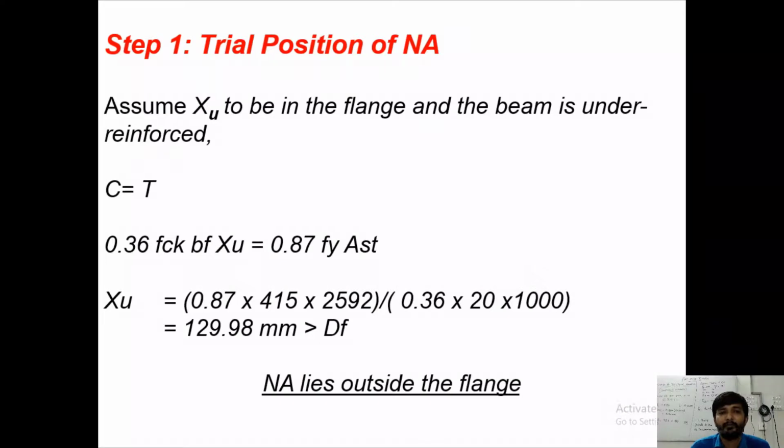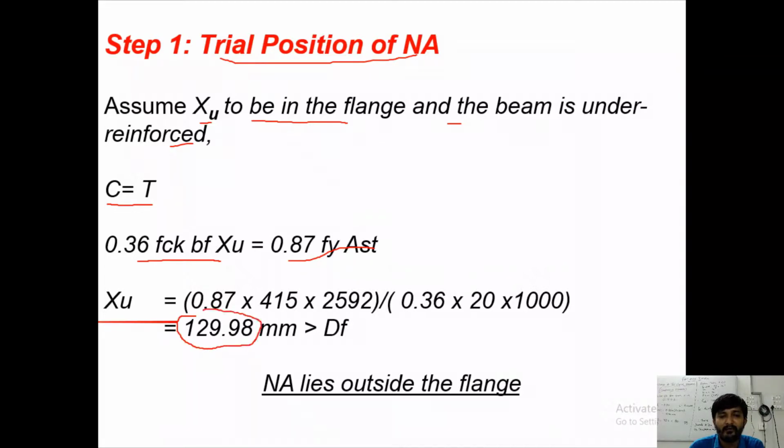So step number 1, trial position of neutral axis. Assume XU to be in the flange and the beam is under reinforced. So compression is equal to tension: 0.36 FCK B into XU is equal to 0.87 FY AST. If you find out the value of XU from this, you will get your XU value as 129.98, which